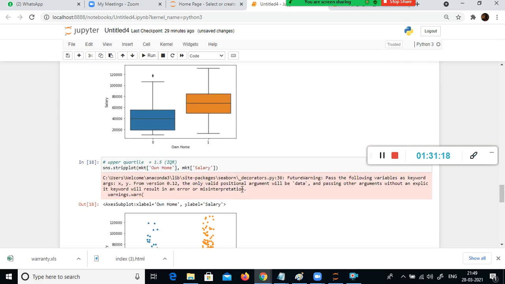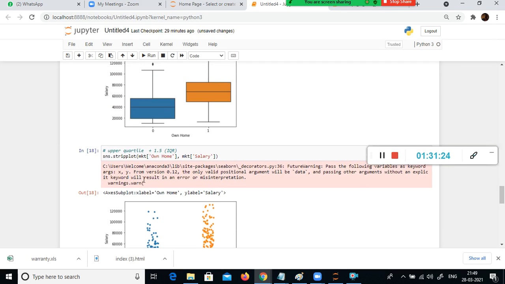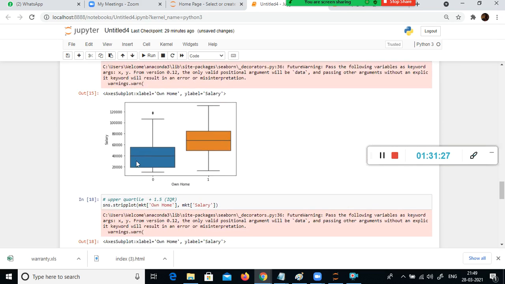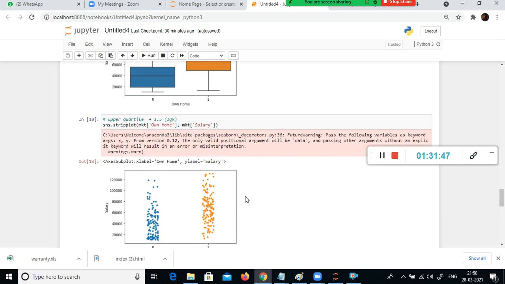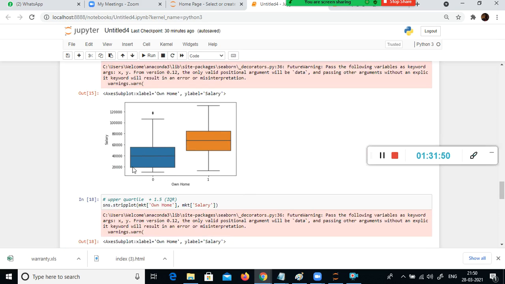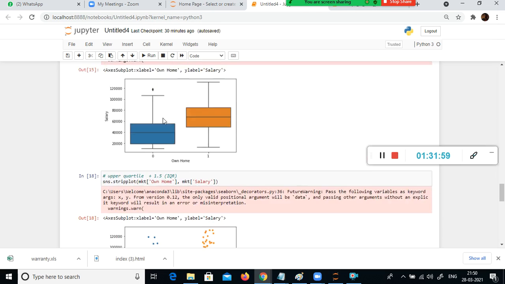Look here. So this is the own home and salary. Here I used the box plot, but here I am using the strip plot. The median spend of the rental people is 40,000. Median spend here is close to 70,000. But when you use a strip plot for the same axis variable, you can see very clearly how scattered these values are. When you look here, only 20,000 to probably 59,000, this Q1 and Q3, it goes somewhere here and the outlier is here.